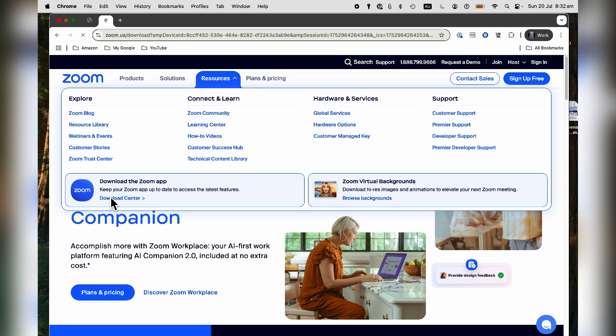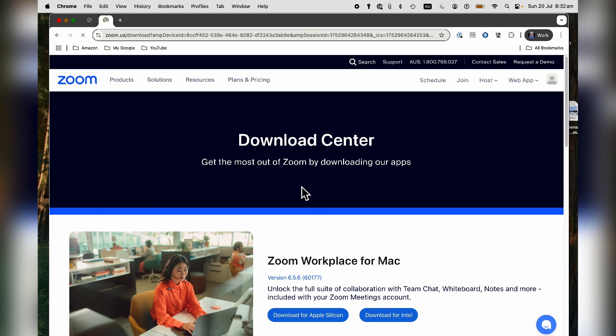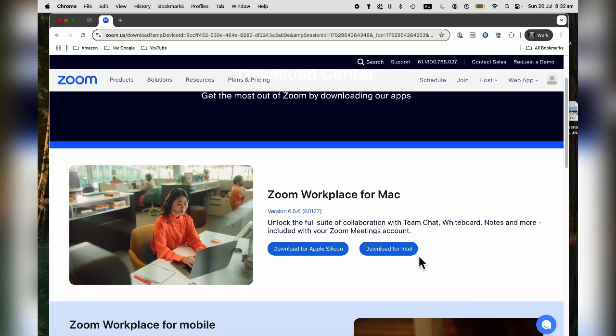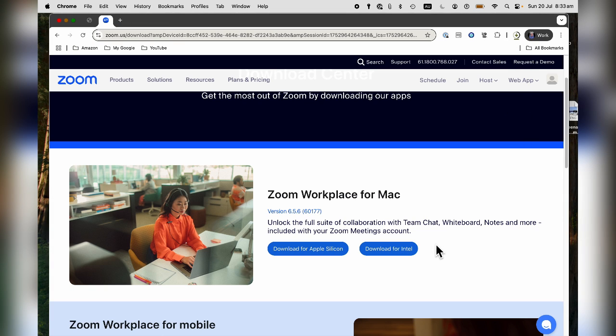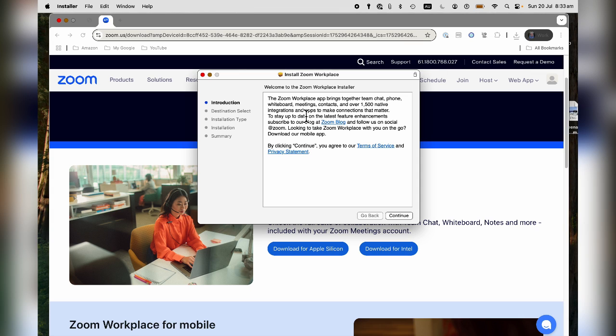I'm on a Mac, but this will work just as well for a Windows PC. So I'm using a Mac, and it's called Zoom Workplace. So you can see that that's downloading there. Very, very easy. I have not signed up for Zoom, and then I just go through this little wizard which